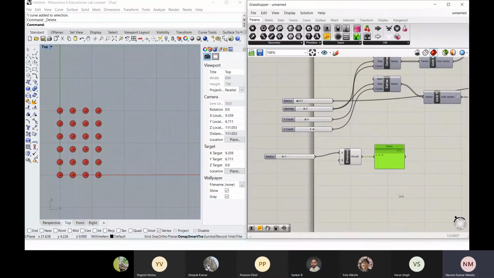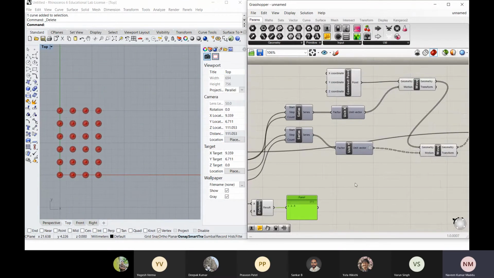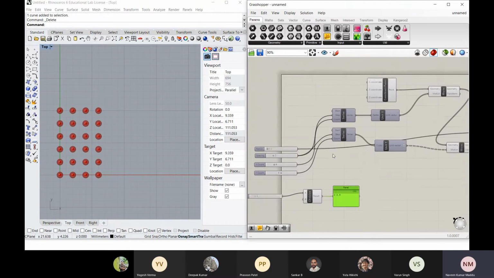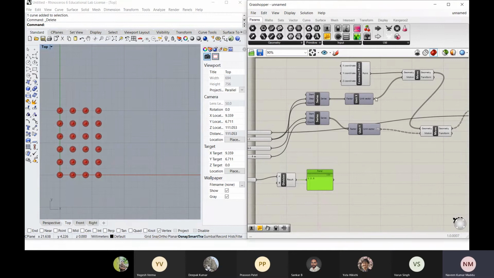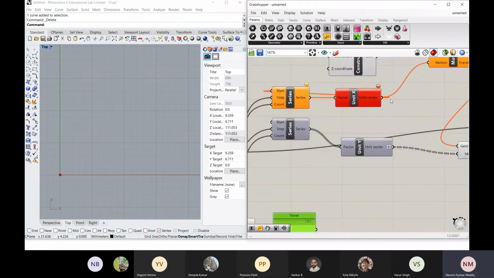And one more thing, you can't loop it. See, let's say you got some output here. You can't go back and give it. Please remember the algorithm runs from left to right. So you can't go and connect this back here. It'll give you an error, because this result has already been calculated from this, and you're trying to give it again as an input, so it won't work that way. Please remember this.